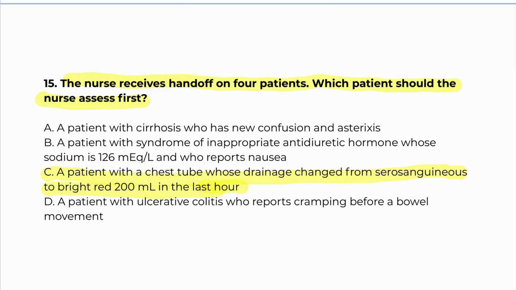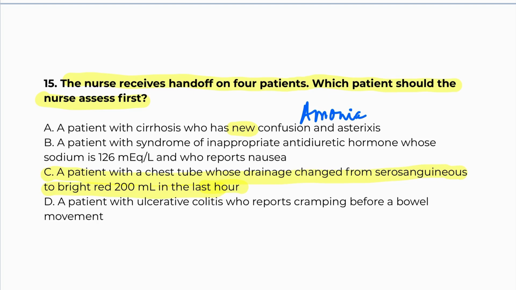I know letter A, the keywords over here are the words new confusion. The patient is cirrhotic, right? A patient has liver cirrhosis. Every now and then you're going to expect that on and off because of the level of what? What do you think is the concern here? The level of ammonia, right? Because if the patient has liver cirrhosis, that's going to come and go, right? Now the words new confusion seem to be a big concern, but